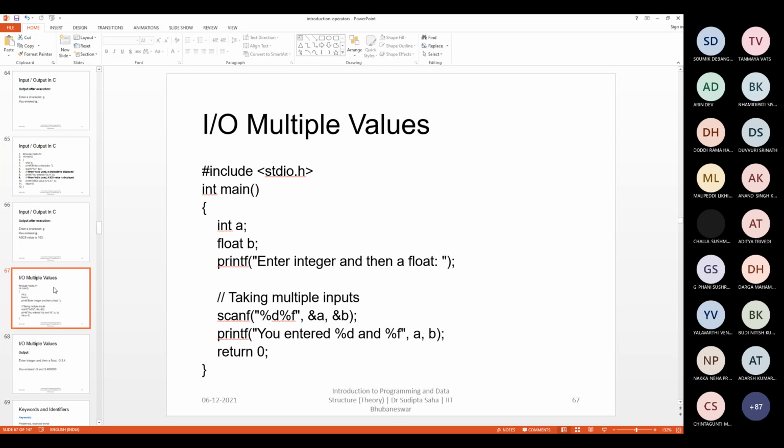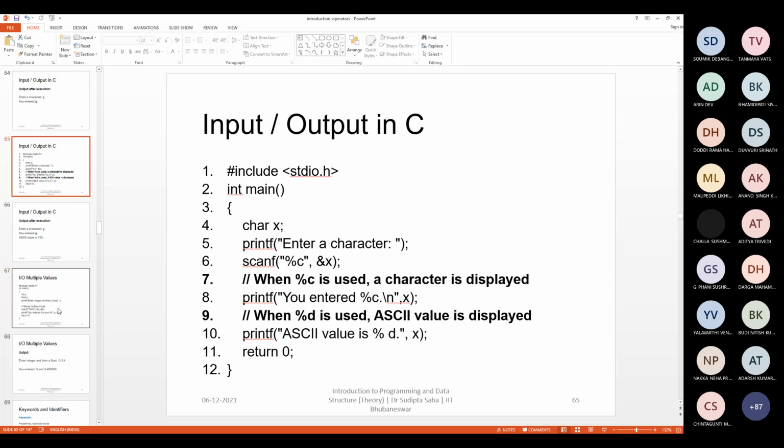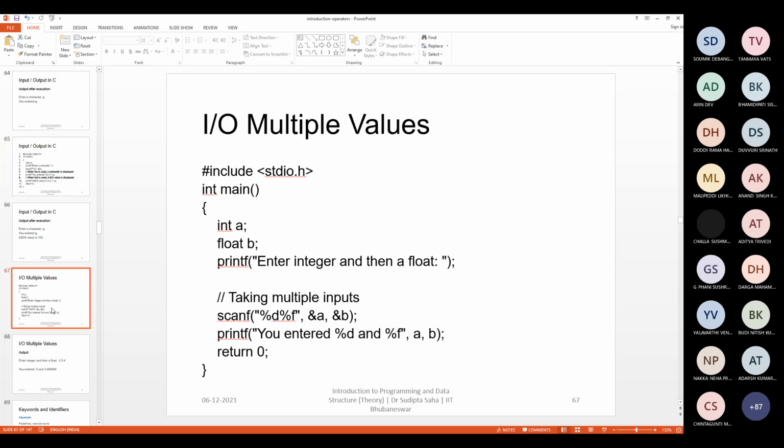Sir, will we get the ASCII value when we try to print an integer through %c? Once again, you want the ASCII value of an integer through the %c format specifier? Yeah, if we print that using %c, will we get the ASCII value? I'm not getting it at all. Ask it clearly once again.